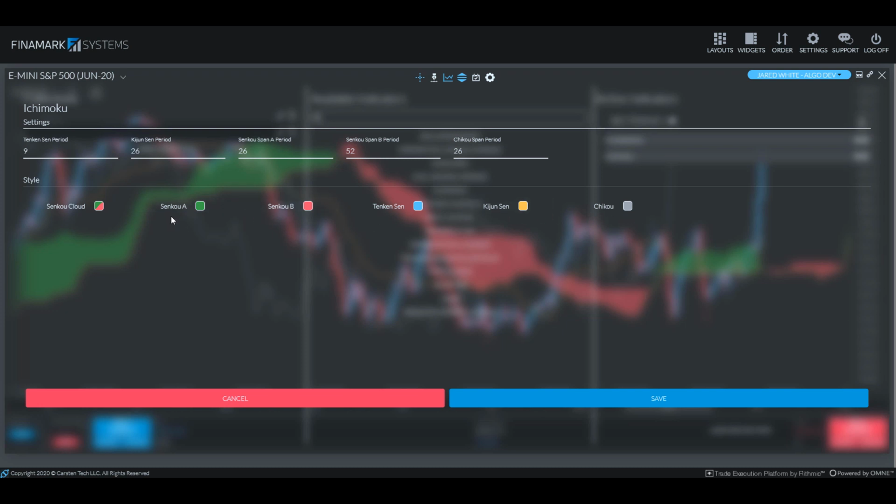You see your Senkou A, your Senkou B, your Tenkan-san, your Kijun-san, and your Chikou span. You've got all of these right here, and you can actually change the color of these if you so choose. I am not going to do that because I like the colors that I have it set to at the moment. You can also see the periods. You have your 9 period for your Tenkan-san, your 26 period for your Kijun, your 52 for your Senkou span B, and then your 26 again for your Chikou span. Once again, we can adjust all these things if we so choose, but for today's purposes, we're not going to do that. We're just going to flip back on over here.